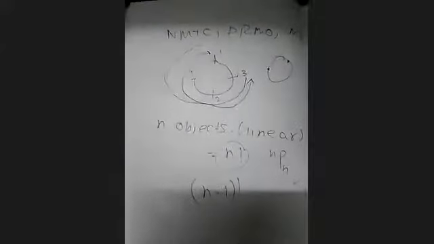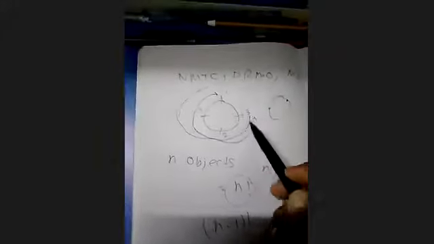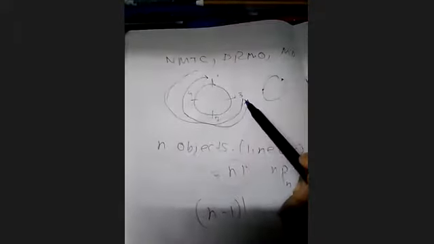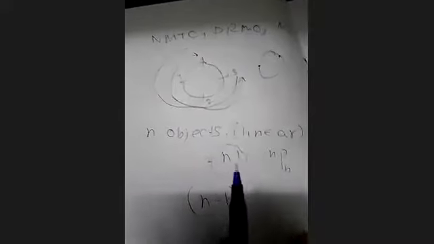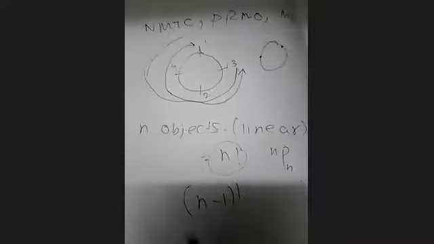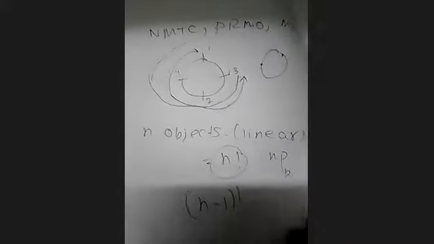So this has a proof, but not much time is left to do the proof because I have to cover some more things. What are you writing? Oh, repeat. Okay. See, moving from the direction of 3 to 1 is the same as moving from the direction of 1 to 3. So we place n minus 1 factorial as the number of permutations instead of n factorial. This is the proof, but we will cover it if possible in the next class. Not today because I have some more things to tell today.